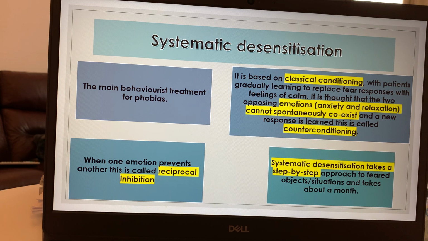And then lastly here, the key thing with systematic desensitization, it's a long word, I'm just going to call it SD, is a gradual process. So it's step by step. So we'll have a look on the next slide, but you have this anxiety hierarchy. So what you can cope with, taking it step by step, all the way to the top, being in contact with the phobia. Okay, it takes about a month. It's gradual. It takes a little bit of time to learn and practice, but it has been deemed to be the best or the main treatment.